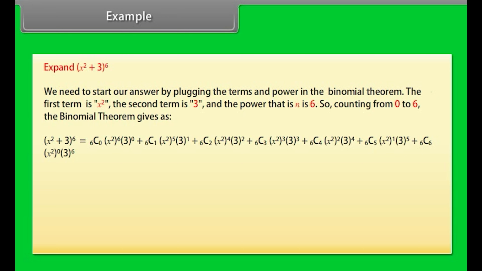to 6C0 into (x^2)^6 into 3^0 plus 6C1 into (x^2)^5 into 3^1 plus 6C2 into (x^2)^4 into 3^2 plus 6C3 into (x^2)^3 into 3^3 plus 6C4 into (x^2)^2 into 3^4 plus 6C5 into (x^2)^1 into 3^5 plus 6C6 into (x^2)^0 into 3^6. After simplification, we get